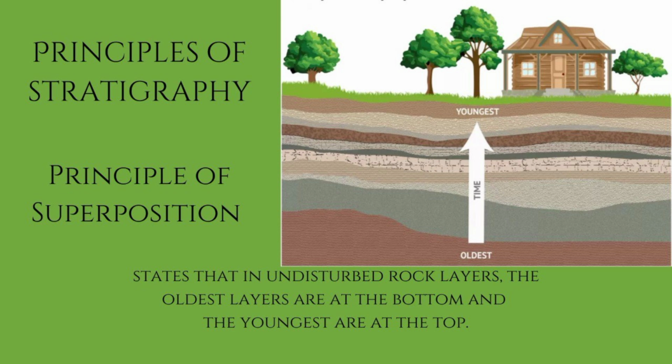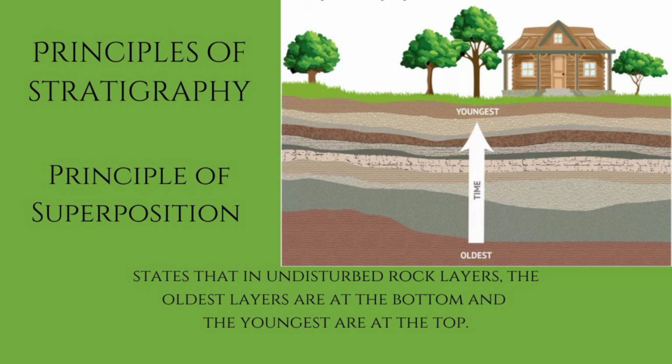Principles of stratigraphy and how rocks tell stories. There are three principles of stratigraphy. The first principle is the principle of superposition. By applying the principle of superposition, geologists can determine the chronological order of events. Each layer represents a slice of time, with the bottom layers representing earlier periods, and the top layers representing more